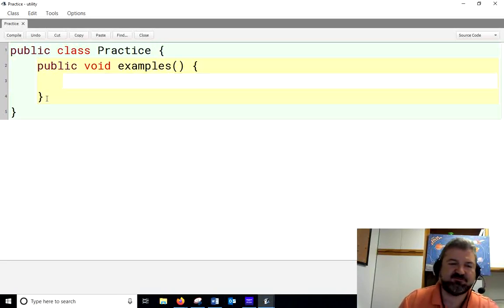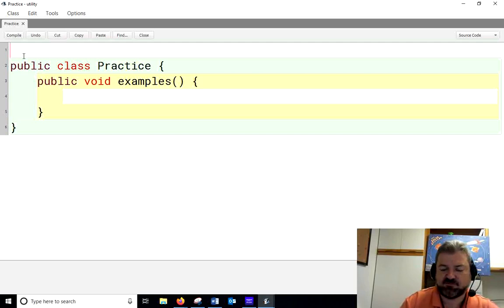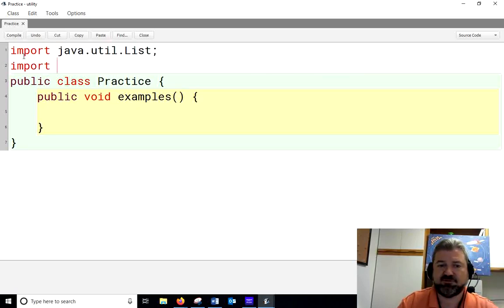For this next series of exercises, we're going to be using java.util.List. Even if we're not running it, I don't want to get a bunch of errors. So let's import it because it's in a different package than java.lang. java.lang is auto imported right from the get-go. You don't have to import it. So for example, java.lang.String. But this is different. java.util.List, and we'll import